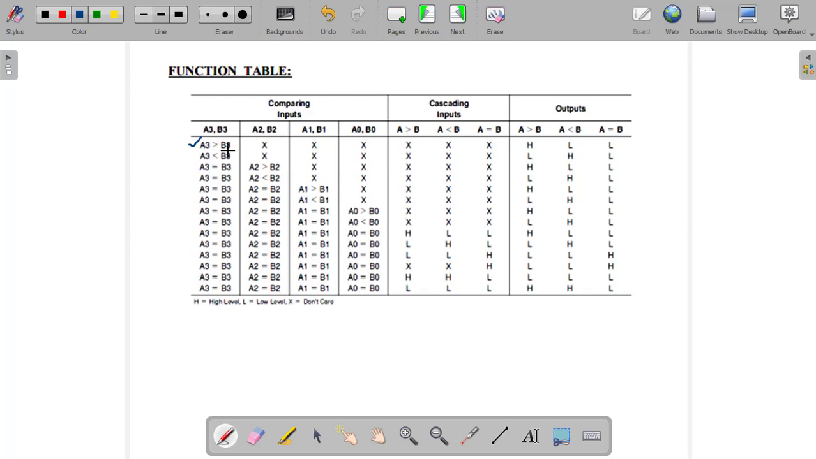If A is greater than B, then it will not check A2 B2, A1 B1, A0 B0. Directly, A greater than B will be high. If it is not the case, it will be checking A less than B, A3 less than B3. If A3 less than B3 is active, then obviously the A less than B output is active, and it will not